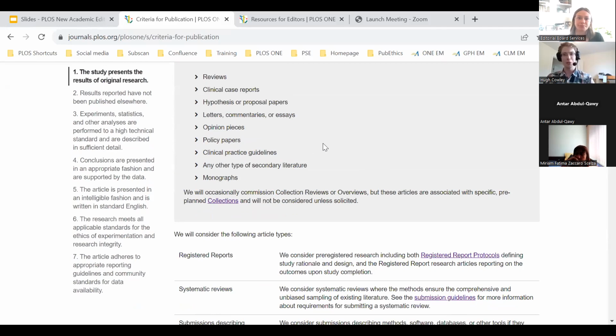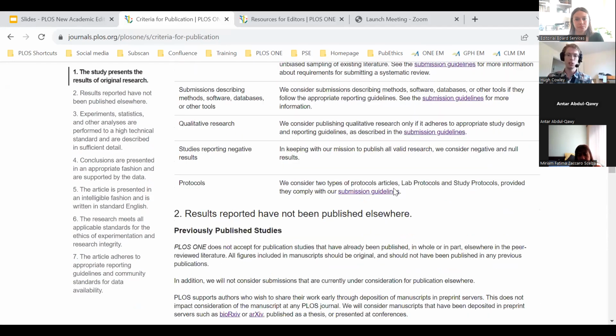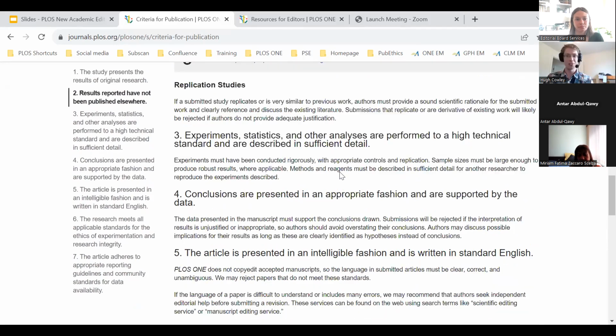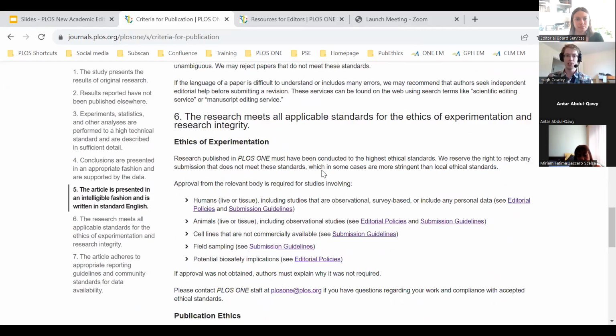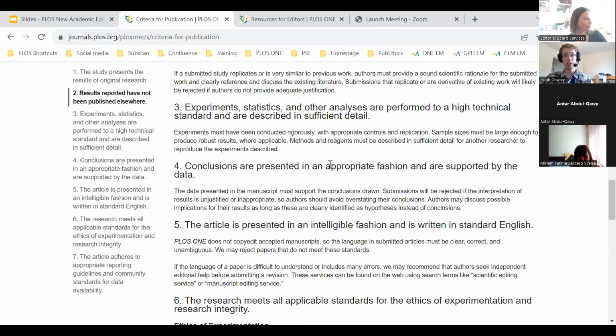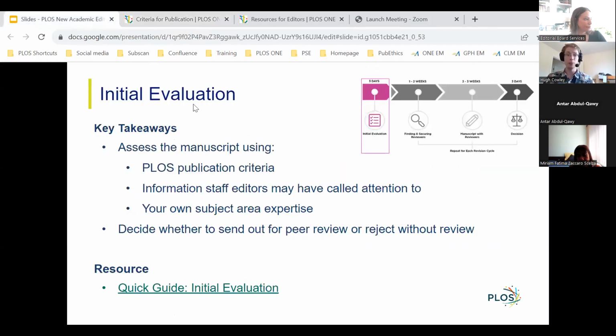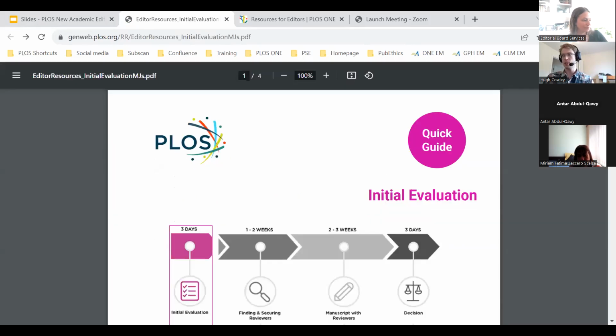These are intentionally very broad, not just for PLOS ONE, but for Climate, Water, and GPH as well. The journal scopes are intentionally broad, and we're more or less relying on you to interpret these with regards to the norms and expectations of your respective fields. So these are top-level descriptions and guidance. This is open for authors to read as well, and this is essentially what we need every publication to meet. I won't go through it in detail. I'll leave you to do that in your own time if you're not already familiar with our requirements.